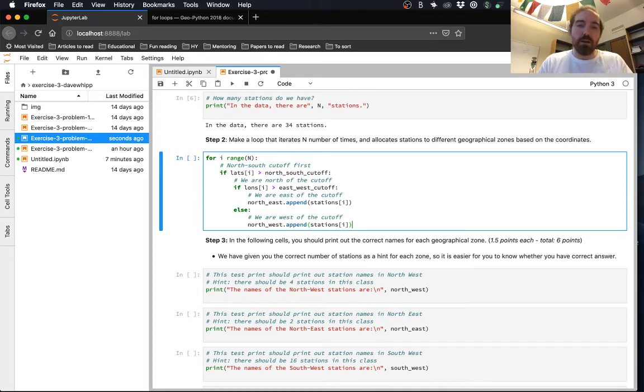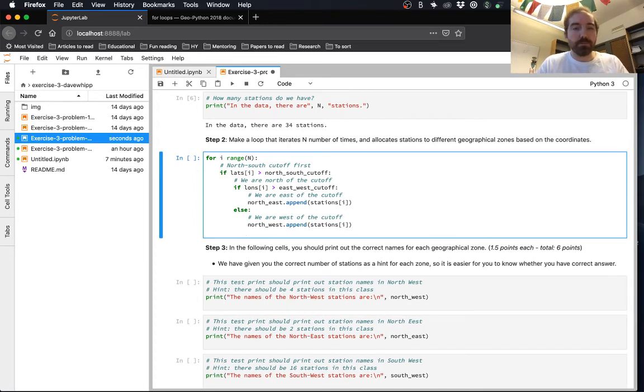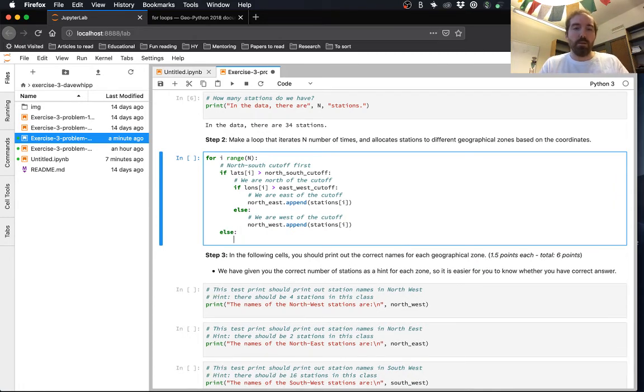I'm going to go for what I see as the simplest solution. We've done the testing for north of the line being either east or west. But if we go back here, we still have to deal with the condition that our latitude is not greater than the north-south cutoff, which means we're south of the line, so we can cover that with our else condition. Here we know that we are south of the cutoff.